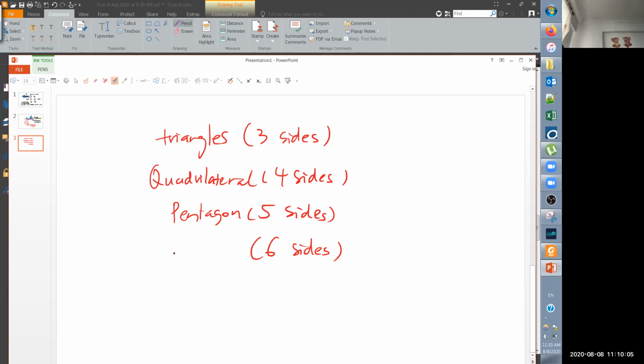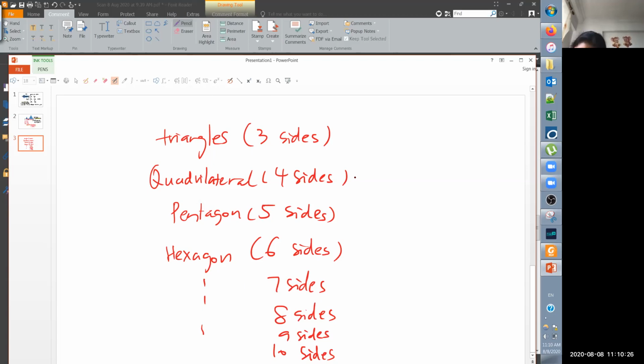So once again, you have to write it down because later on you have to learn how to find out the internal angle of them all. Hexagon, and then 7 sides, 8, 9, and 10. I'm going to tell you why you need to memorize all of them because I'm going to give you a formula. The formula is n minus 2 times 180. This formula will give you, okay,